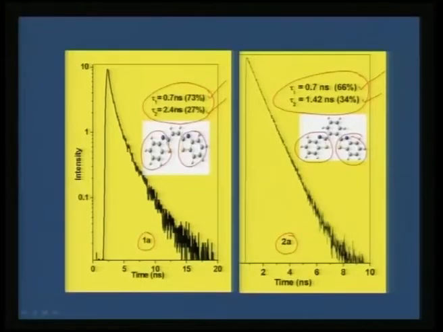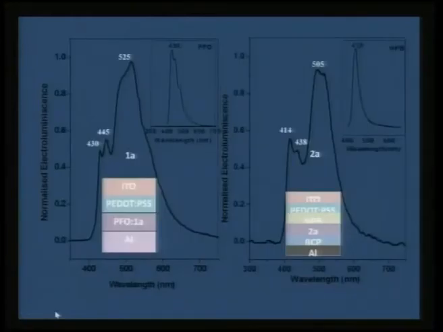So, we can have a guess as to what is the molecule or what is the functional group or the chromophoric group that is responsible for this time decay. The fast decay component seems to be coming from the benzthiazole as compared to the linker groups, and we can also extend this case now to make devices.